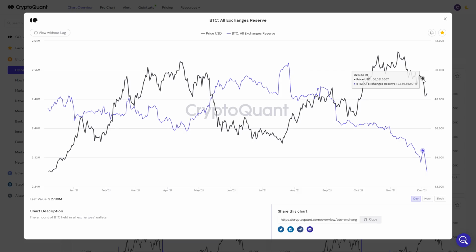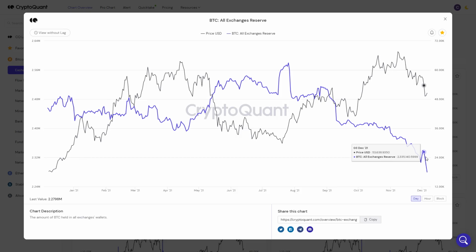And interestingly enough, around 1 to 2 days before the recent crash to the downside, when Bitcoin was still sitting up at around 56 to 57,000 US dollars per Bitcoin, this purple line just here had a decent uptick, showing that a decent amount of Bitcoin was deposited onto exchanges, which once again, when that happens, that is technically a bearish signal, showing us that that Bitcoin is likely going to be sold onto the market.